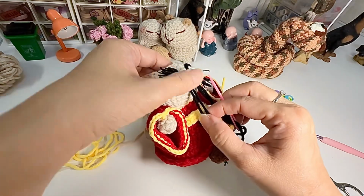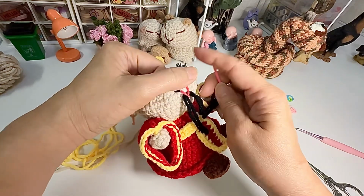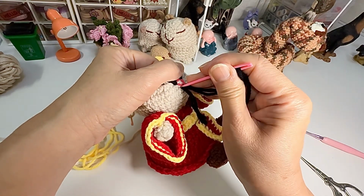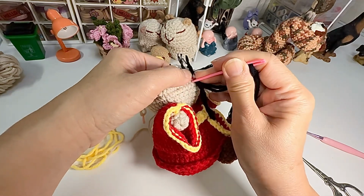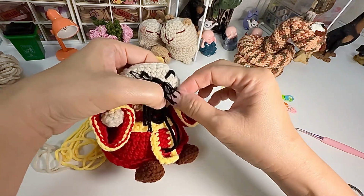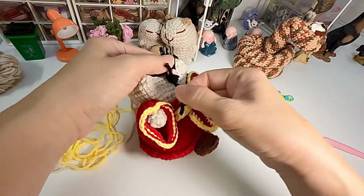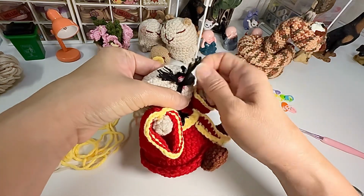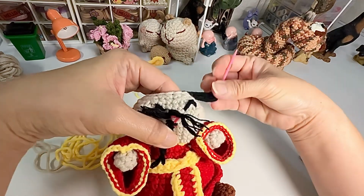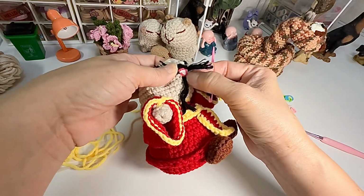Okay, so this beard, make sure it reaches somewhere to the chest. Push all these upwards and go back to that same stitch. Go back into that very same stitch. Ooh, there's a lot of things inside. Okay, make sure this is right. Pull slowly. Okay, like this,